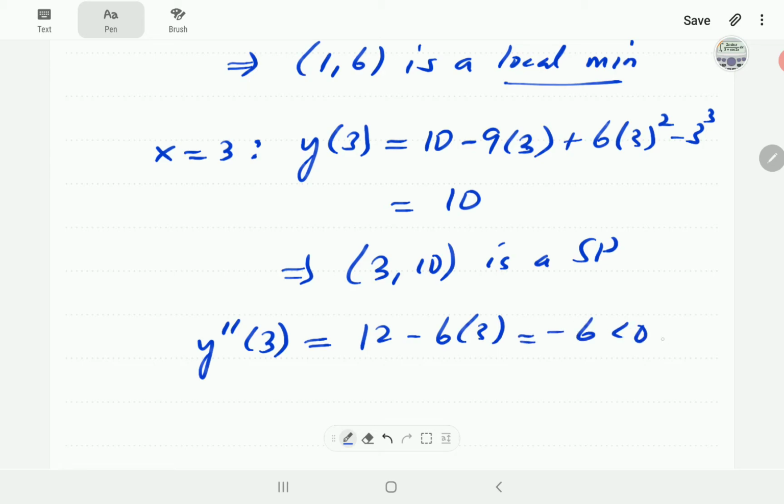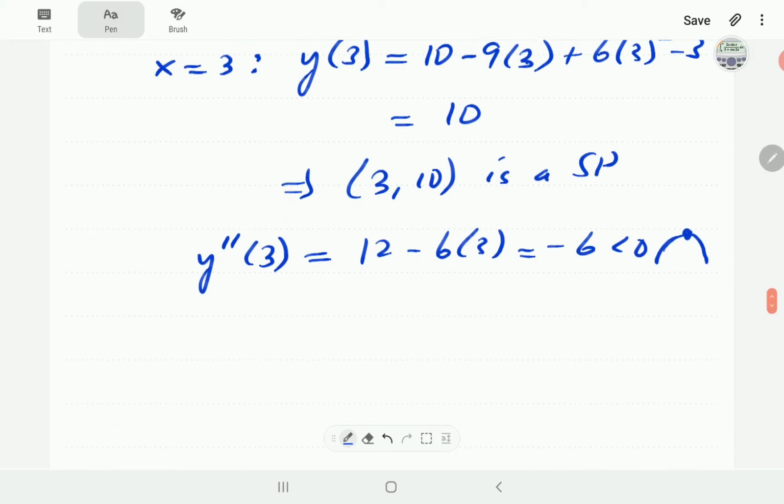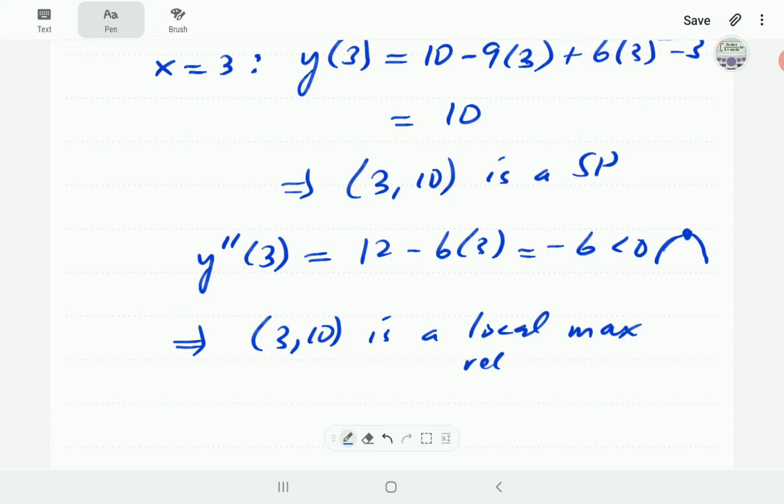This is less than 0, which tells us that at this point the graph is concave down because the second order derivative is negative. So this tells us that (3, 10) is, we can use local or relative there. So (3, 10) is going to be a local maximum. Okay, then if we find the